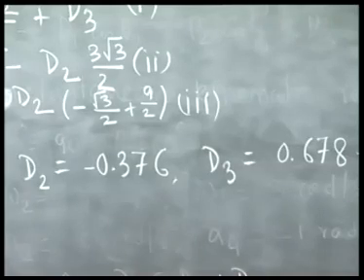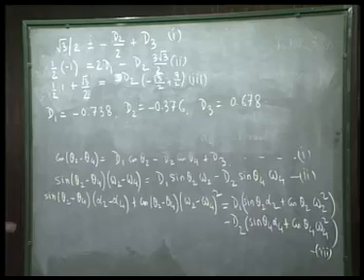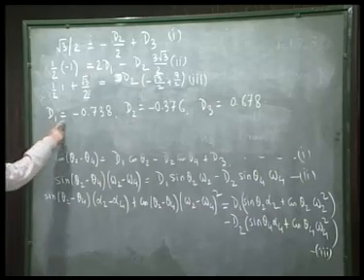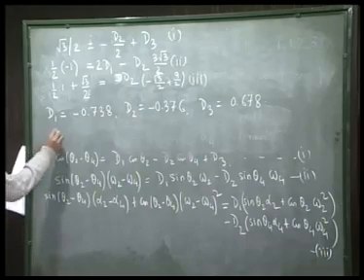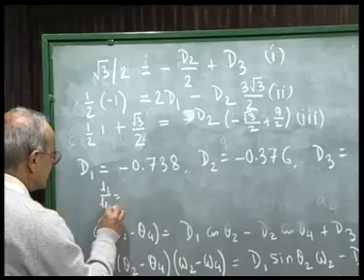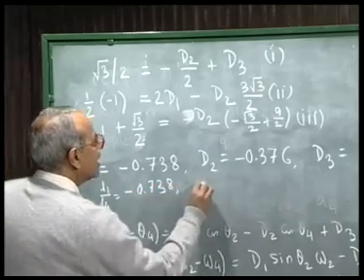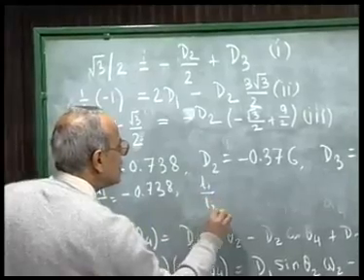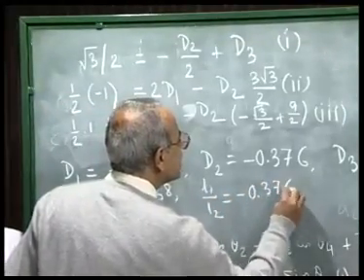As we said earlier that d1, d2 can come out to be negative, and in this particular problem d1 and d2 are turning out to be negative, which means L1 by L4 is minus 0.738, L1 by L2 is minus 0.376,